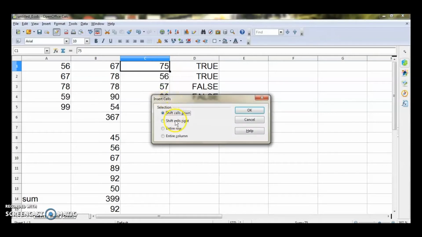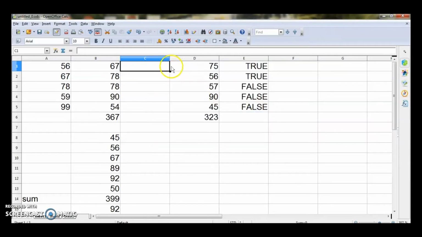Okay, and then I can give shift cells down or shift cells right or entire row or entire column, they have asked. So let me give entire column. I want a column. So if I give entire column, what will happen? Okay. See, this is moved to right. So a new column is inserted before the selected column.